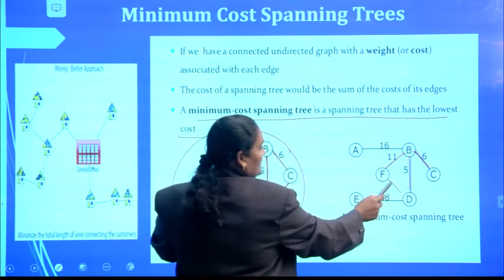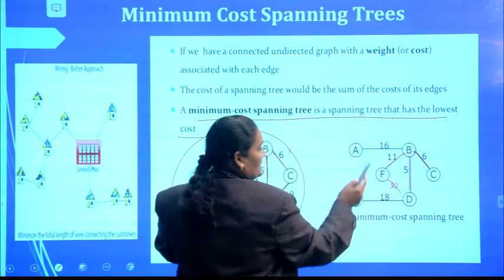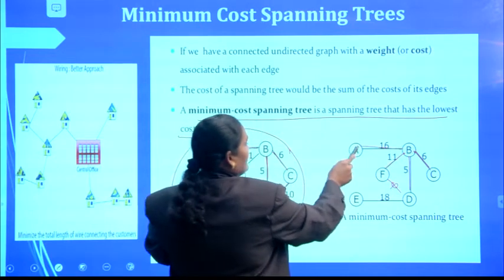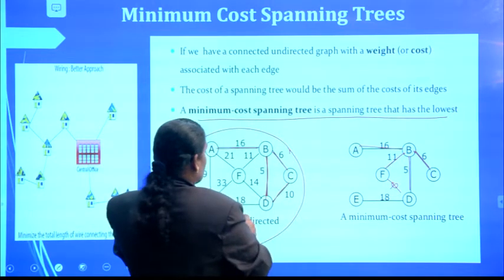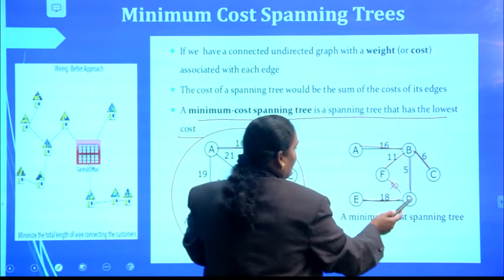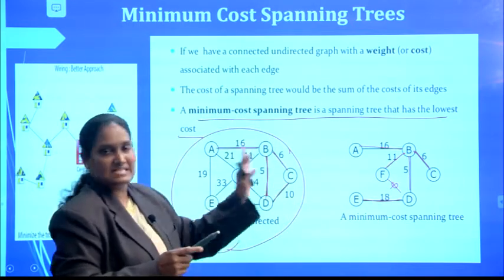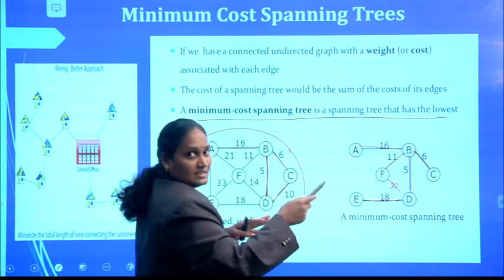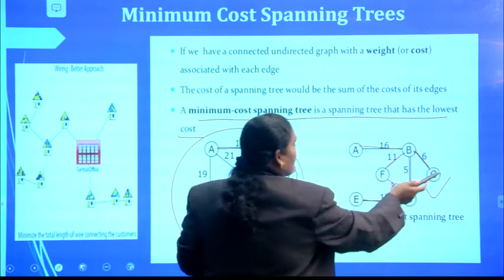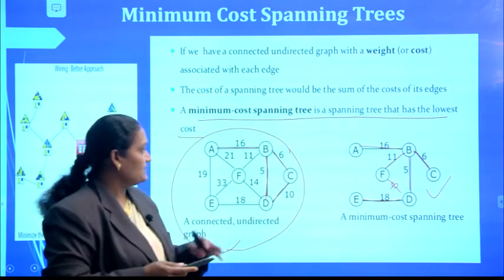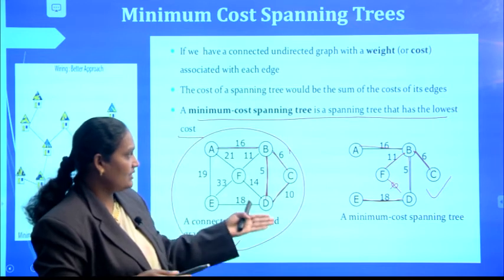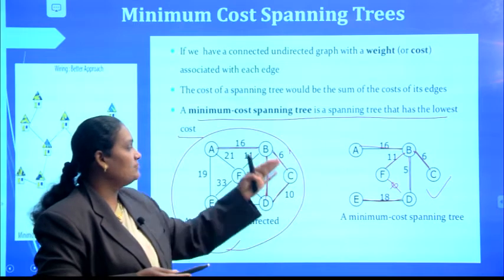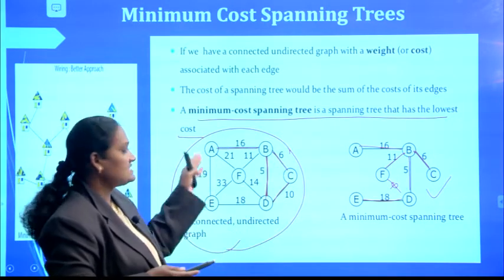If you consider 14 here, it creates a cycle, so we are not considering 14. Next minimum cost edge is 16, so here we are considering 16. Next minimum cost edge is 18. Here we are considering 18. No other edges are to be considered. Only these edges we need to consider. It contains the minimum number of edges. By adding all these, we get the cost of this spanning tree, that is 16 plus 11 plus 5 plus 6 plus 18, which becomes the cost of that spanning tree, which is a minimum cost spanning tree for this graph.